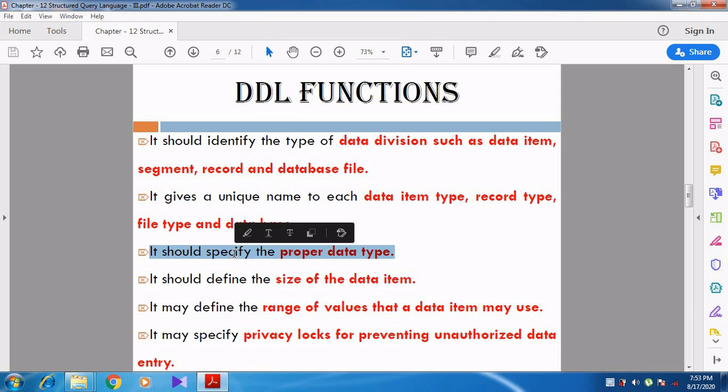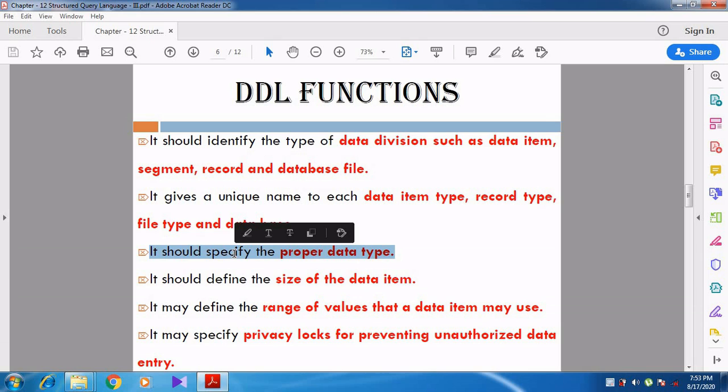It should specify the proper data type. For each and every piece of data we are storing in the table, the data type will be specified when we are creating the table. Before, I told you the example of mobile number. Whenever they are creating the mobile number column, that is the mobile number relation in the table, they will specify the data type as number.